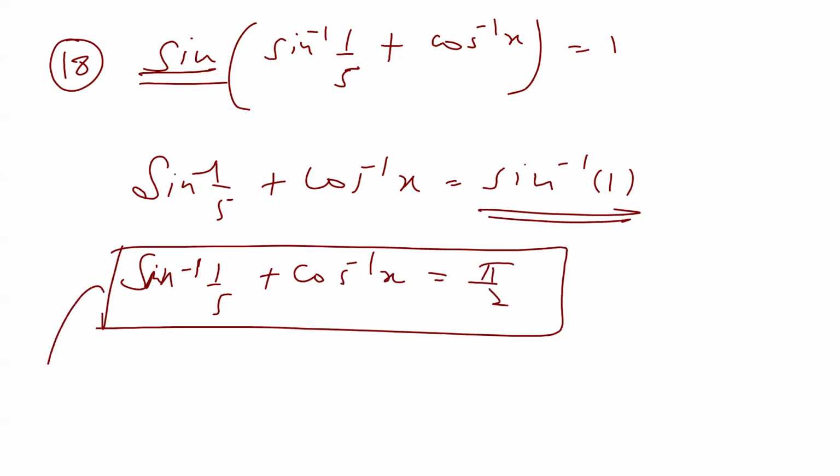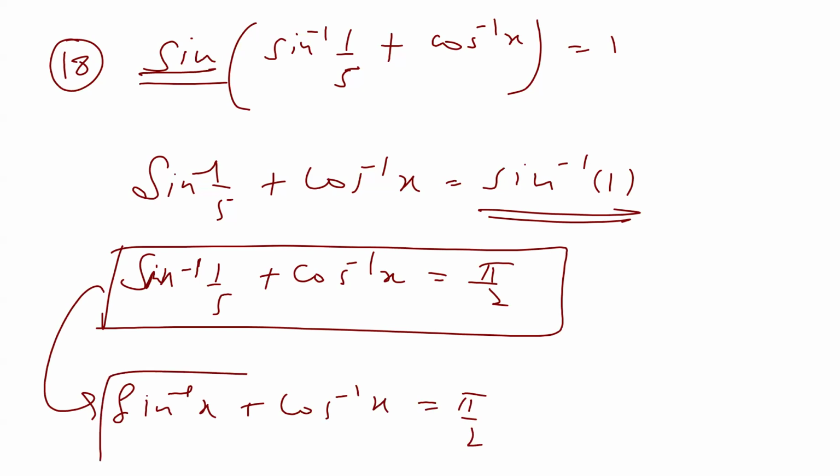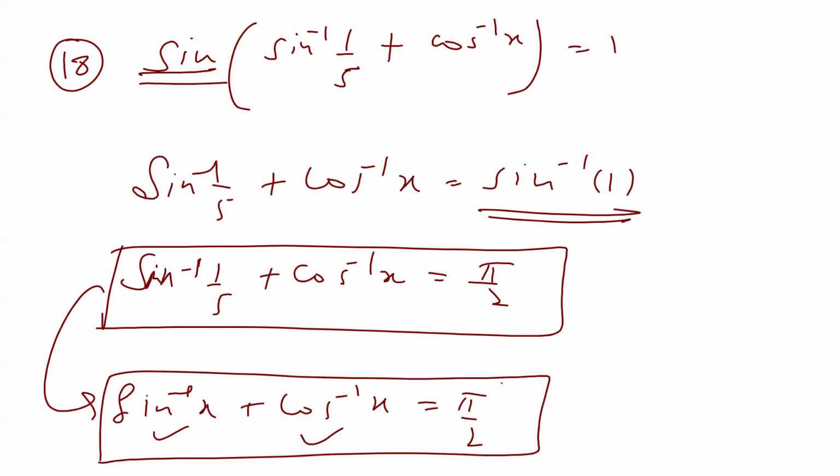But I'll compare this with this formula. Sine inverse of x plus cos inverse of x is equal to pi by 2. Now when the addition of both is pi by 2, the value over here should be the same. x and x should give you the same value. This is the formula. But then we have arrived at this point where sine inverse of 1 by 5 plus